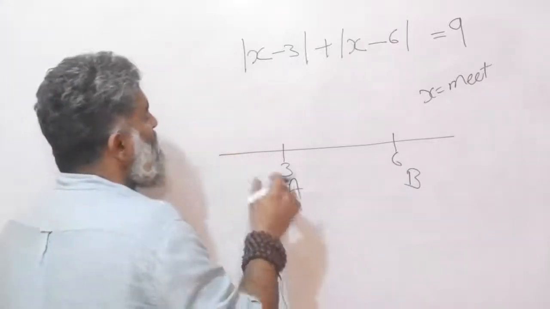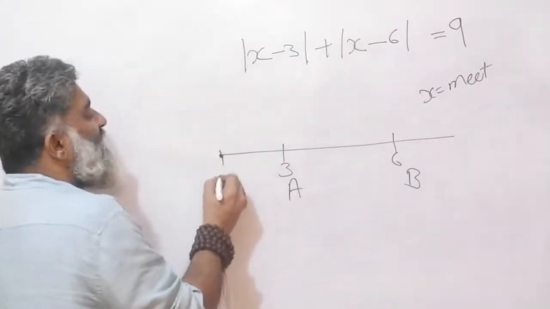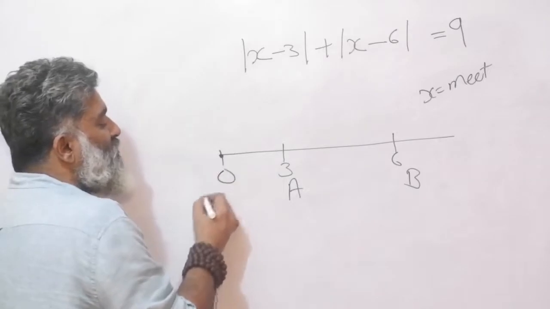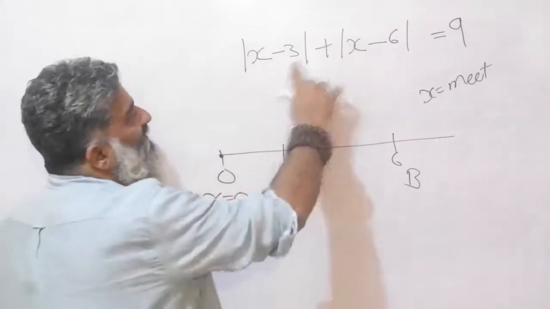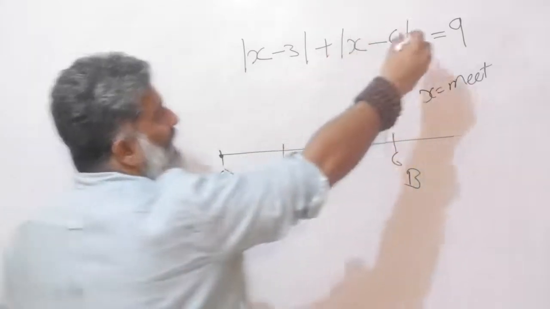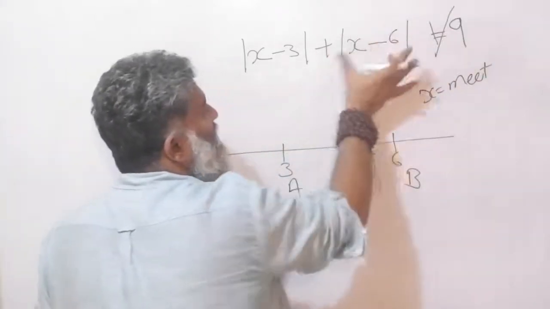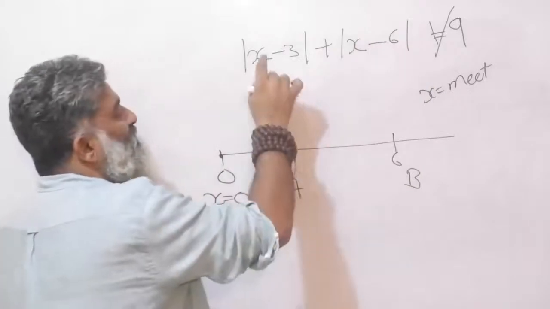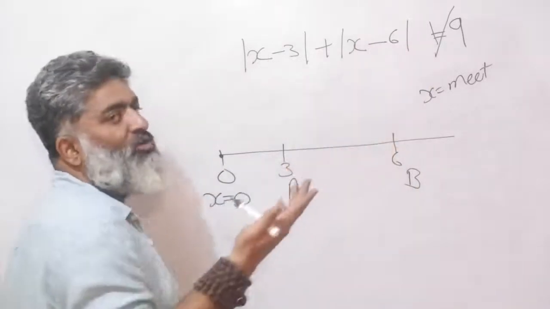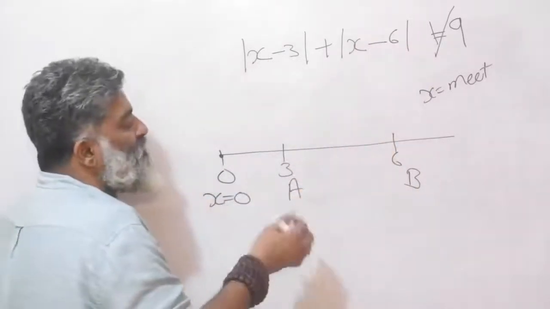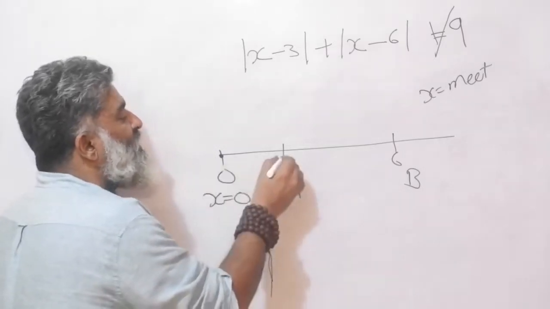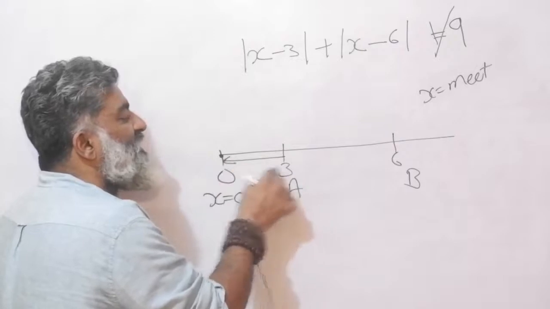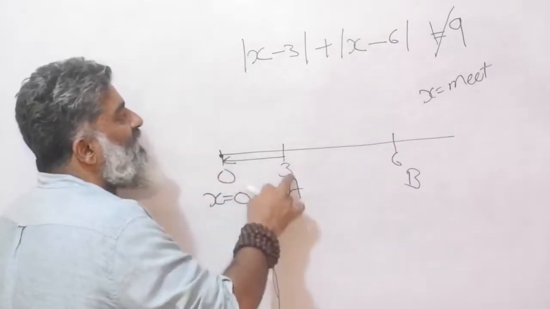So for example, let's say they decide to meet at point 0. That means X is equal to 0. Now I can plug in the value of X and figure out, I'm not looking at this part now, I'm only looking at this part. I can put the value of 0 and figure out what the output will be. But let's go into the story. A lives here and he has to travel to 0. So what is the distance? The distance is 3 minus 0, or 0 minus 3.